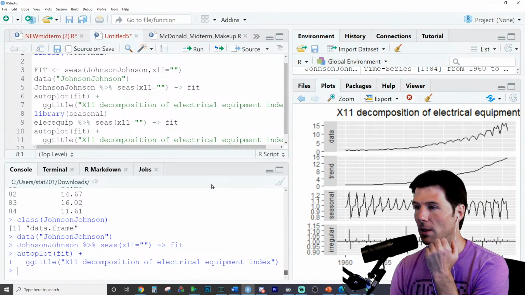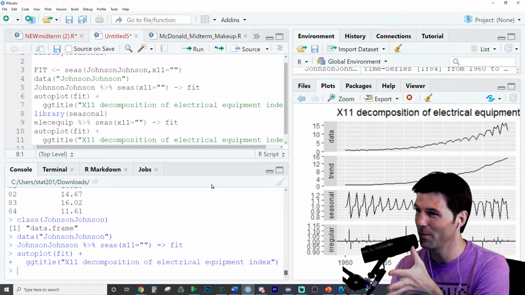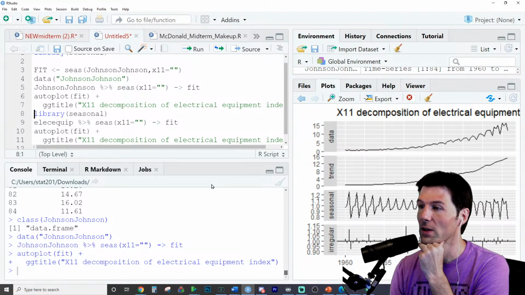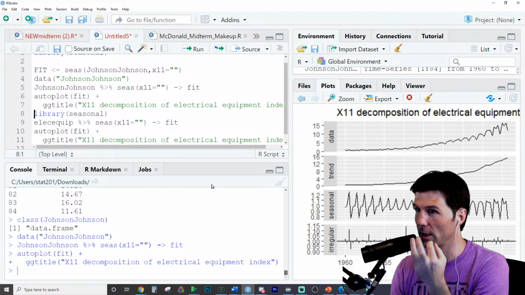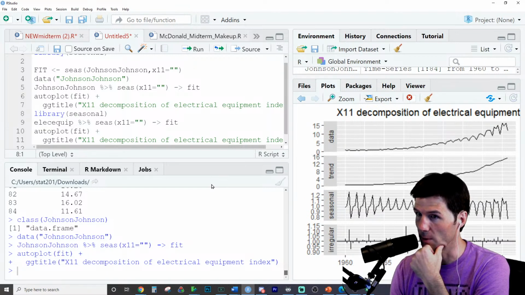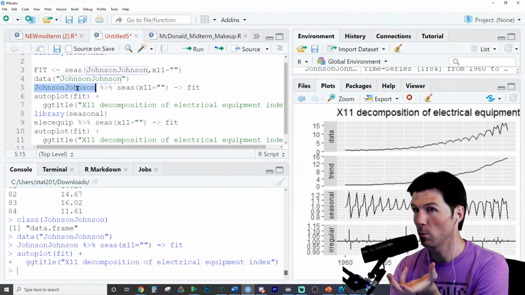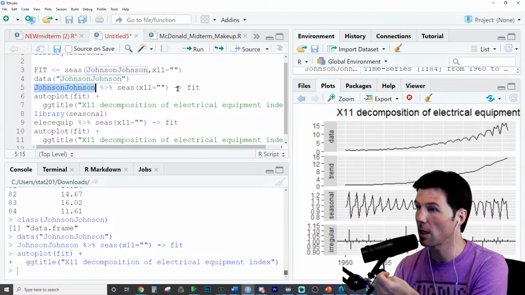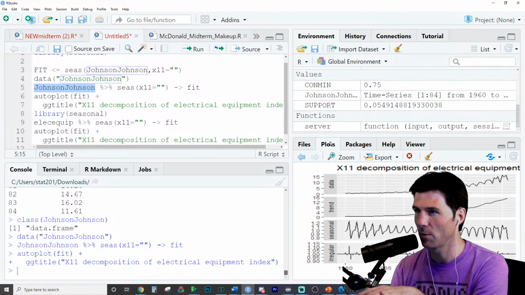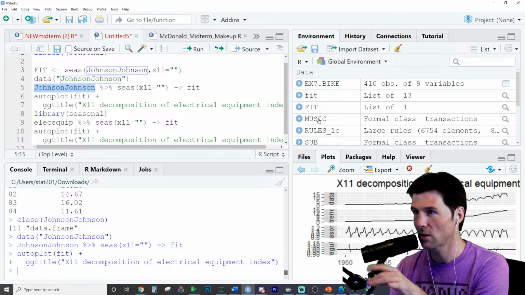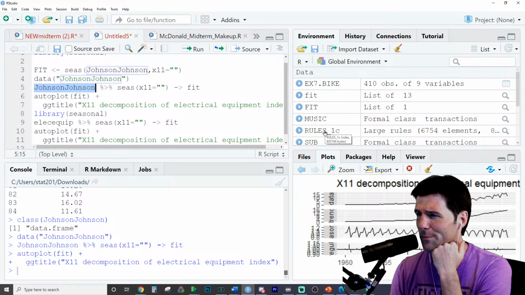So I think something happened in the background. We've manipulated Johnson & Johnson in a lot of ways when we read it in. And so I think one of the steps was creating a Johnson & Johnson data frame, not a Johnson & Johnson time series vector. So the class of object in R is very important because when Johnson & Johnson existed as a data frame, it wouldn't pass through to the decomp properly. If you rewind the tape, I was like, well, that's some weird output. I looked at the fit and I was like, that's weird. I think that's my original fit that was bad. And I was like, what's going on with that?